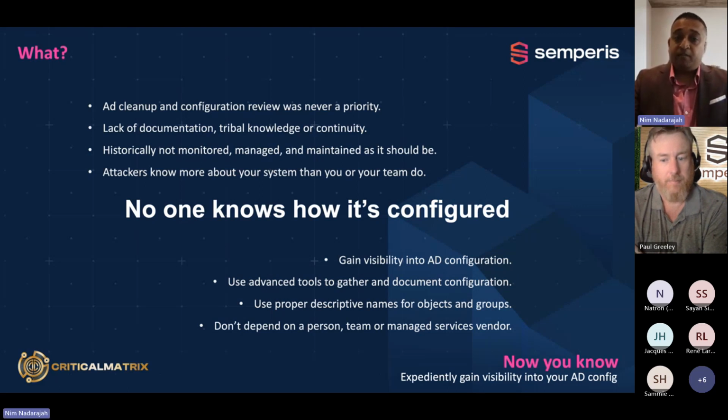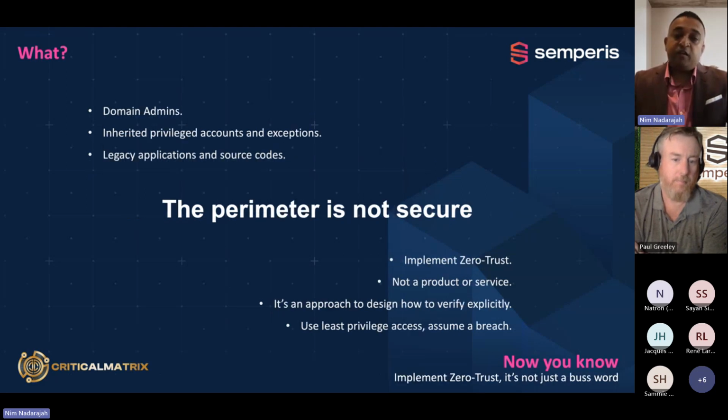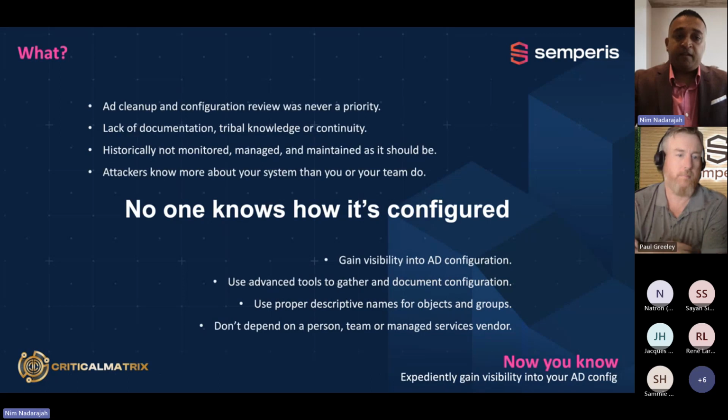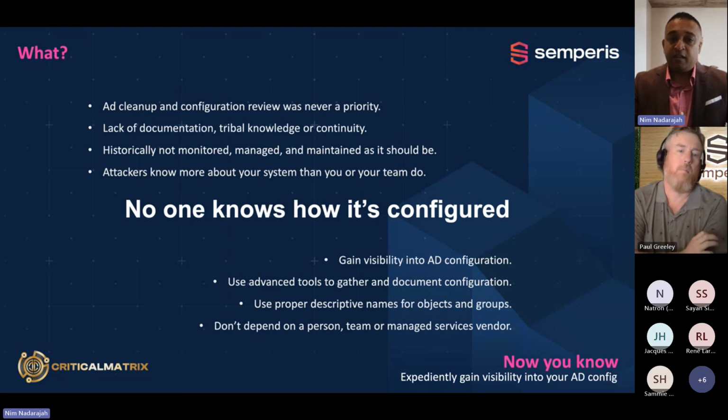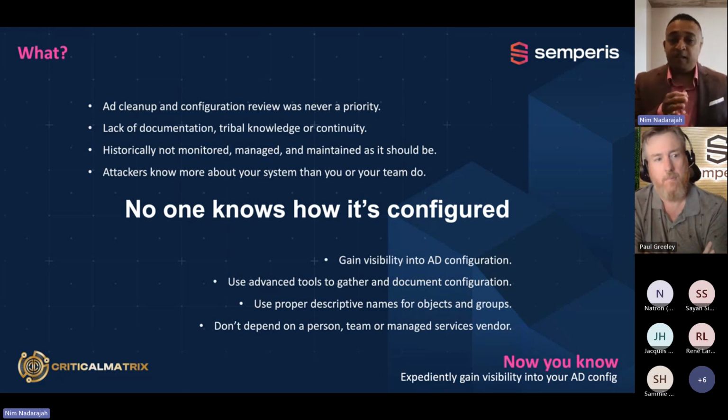The cleanup piece and configuration review piece is never a priority because tech leaders struggle to explain that work in quantifiable business terms. Well, we're now giving you the way to position it, and the way to position it is as a major vulnerability and a key organizational business risk. Because now is the time, because we've already declared identity as the new perimeter. Hackers don't actually hack you. They log in because we give them our credentials, because we get phished or whatnot, business email compromise.